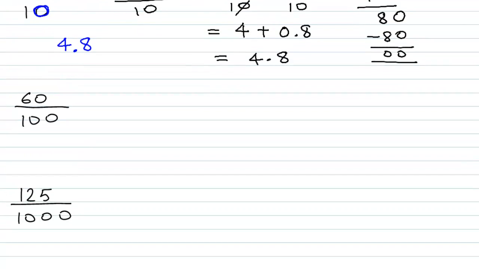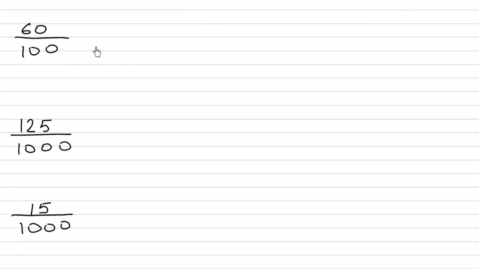Similarly, 60 over 100. We first write this as 60, and we see how many zeros there are in the denominator. There are 2 zeros in the denominator, so we'll put the decimal point in such a way that there are two decimal places after the decimal point. And we can rewrite this as 0.60. And we know all the trailing zeros can be ignored. So this can be understood as